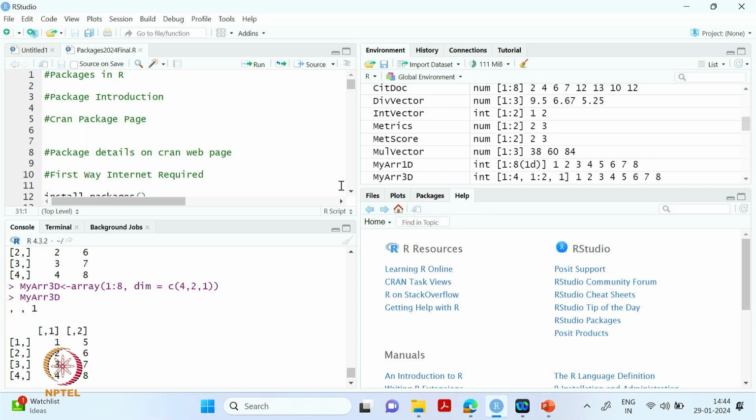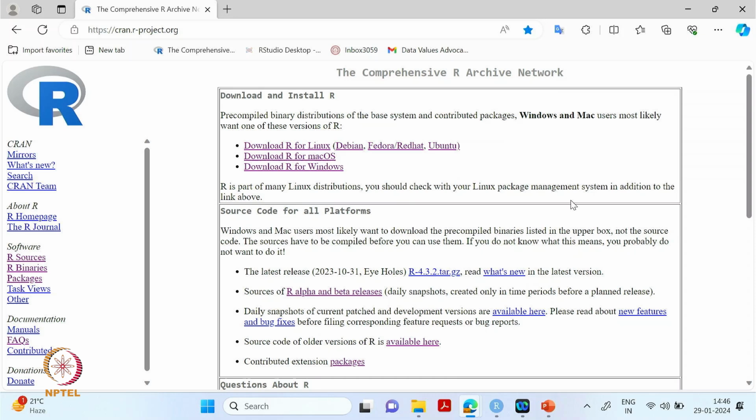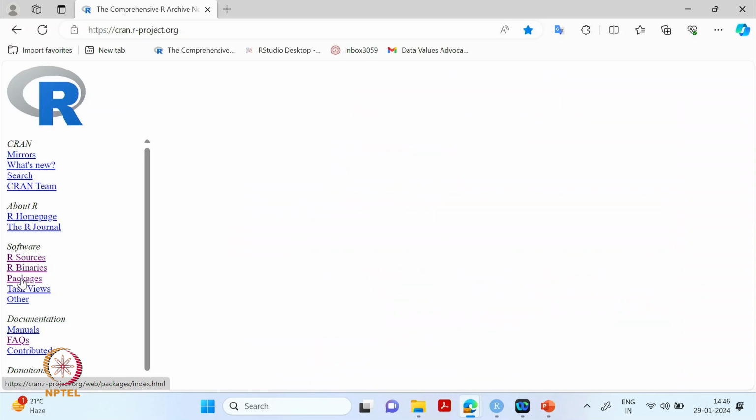The R community regularly develops new packages and updates the existing ones. Presently R has more than 20,000 packages for different kinds of analysis and computation, and we can see all these packages on the CRAN page. This is the same page where we started our first lecture when we installed R. On the left hand side of this page there are different details, like mirrors, but under Software you will find Packages. If you click on Packages,